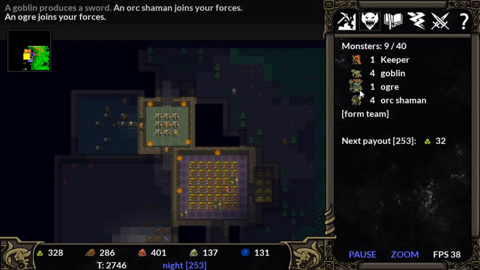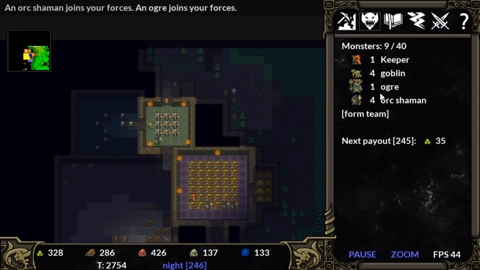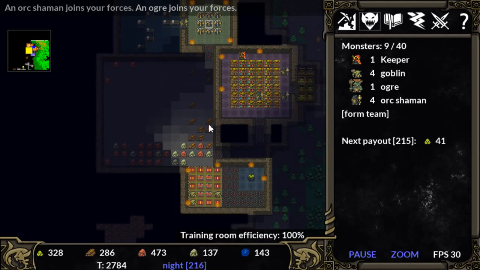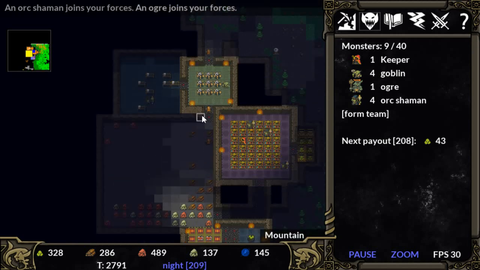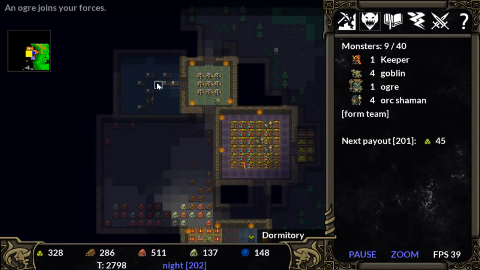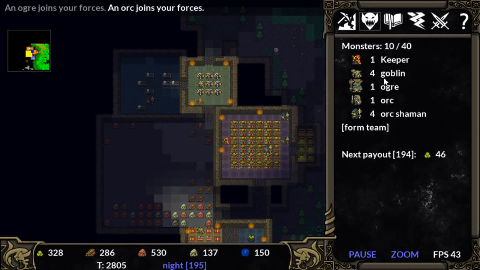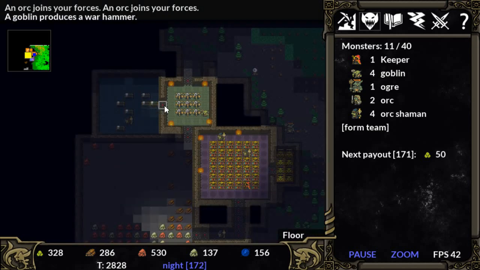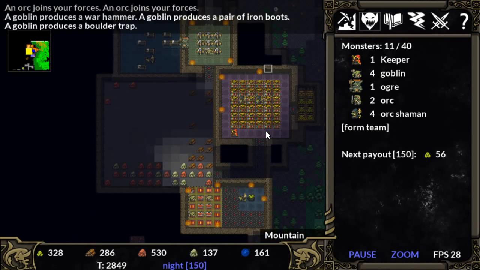So bigger dormitory unlocks access to ogres, it seems. And I'm pretty sure that is also because I already had the training room. I can't say for certain, but I think that because I had the training room and the bigger dormitory and whatever it is that we did to get goblins, we get ogres. Same as orcs. Orcs might just be the bigger dormitory. I don't know about the need for the training room. Anyway,